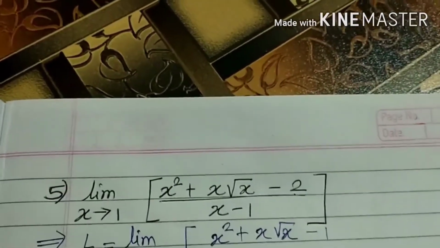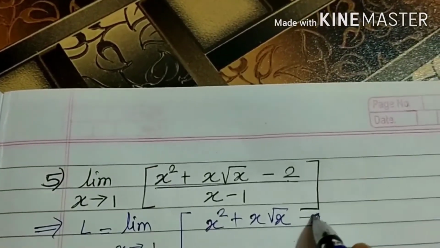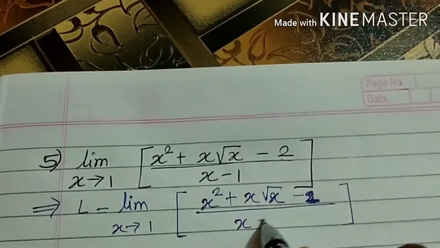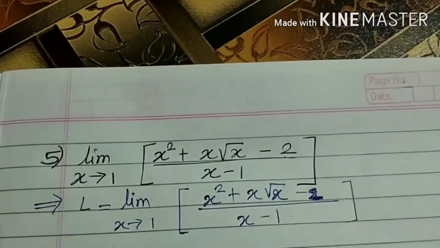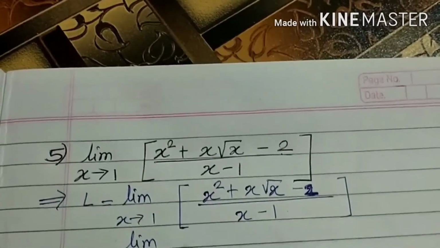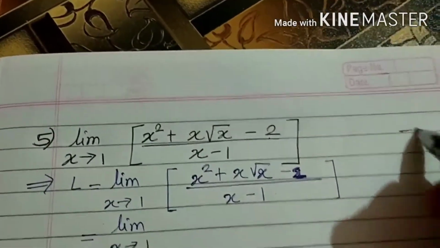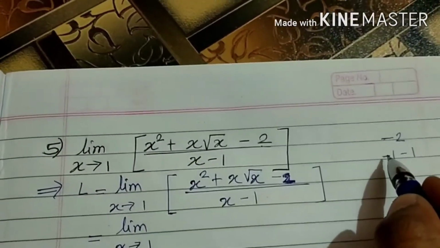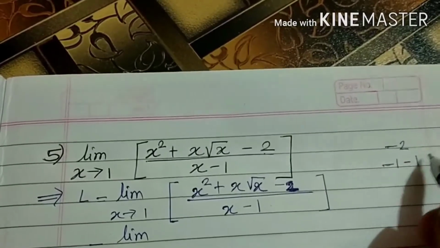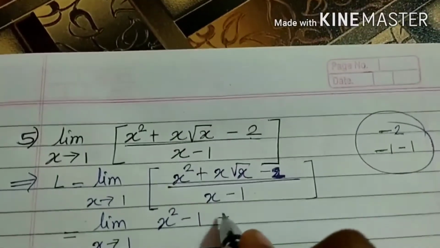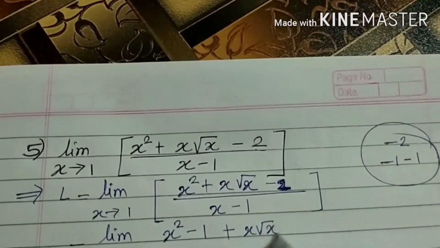Okay. So limit x tends to 1, and this minus 2 we can split here minus 1 minus 1. Sorry, both signs are minus 1 because it is minus 2. So 1 minus 1 here, and remaining it is